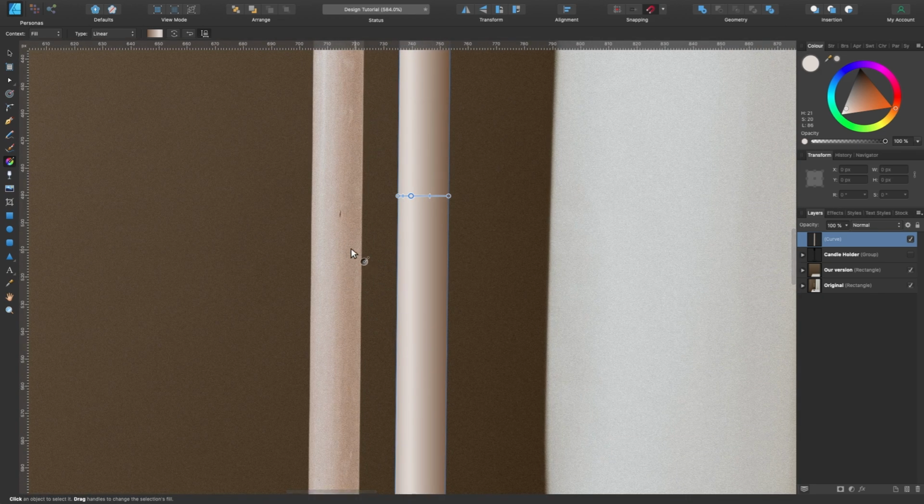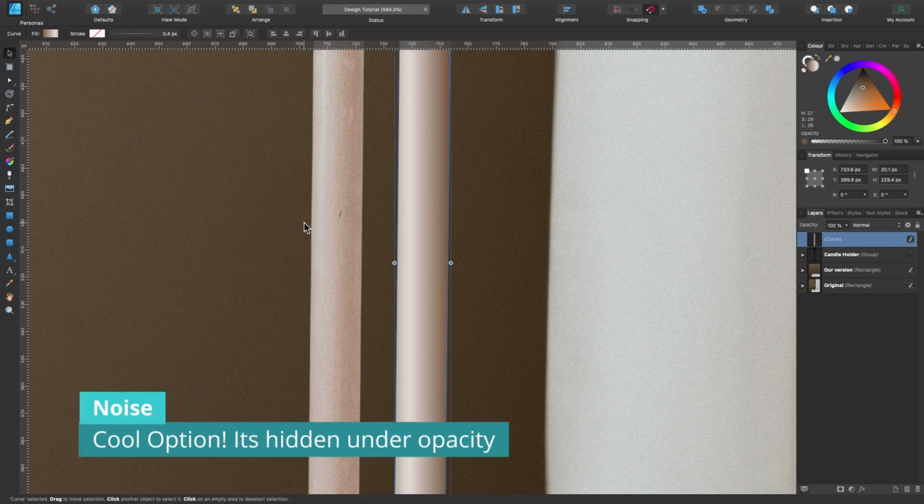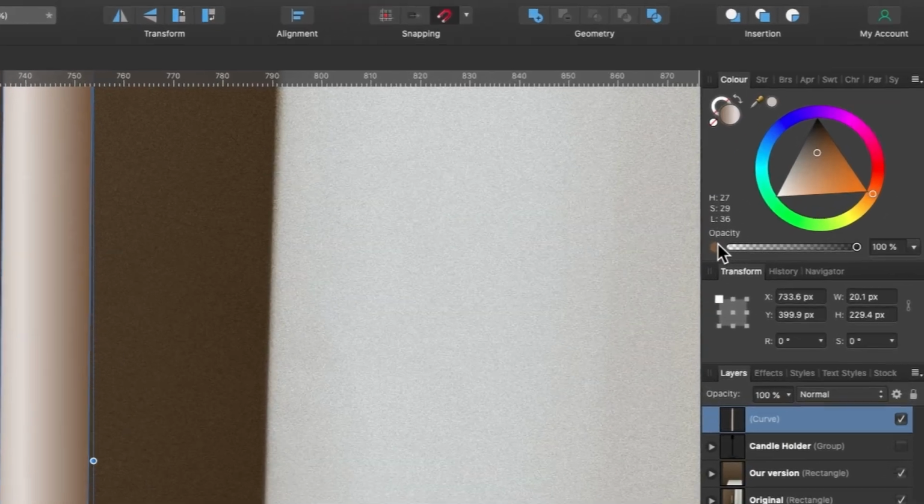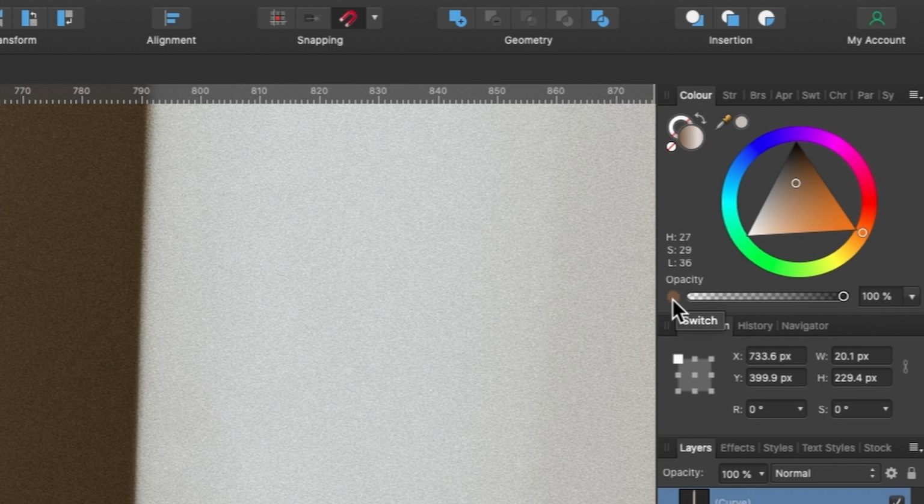Obviously, you can see this grain here. We can actually sort that out a little bit later. If I just press the move tool, I can show you what I'm talking about. We won't apply it just yet, but see this has grain on it because it's a photograph. Head up to opacity here, click on switch. You see this little circle? Click on that and it says noise.